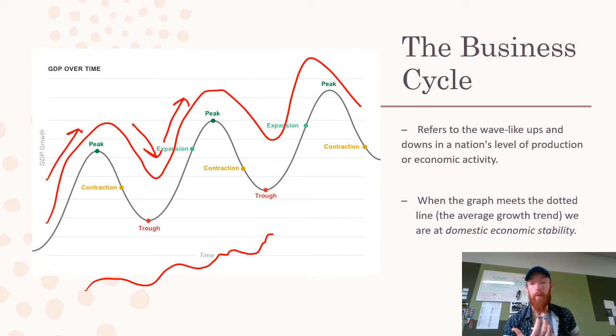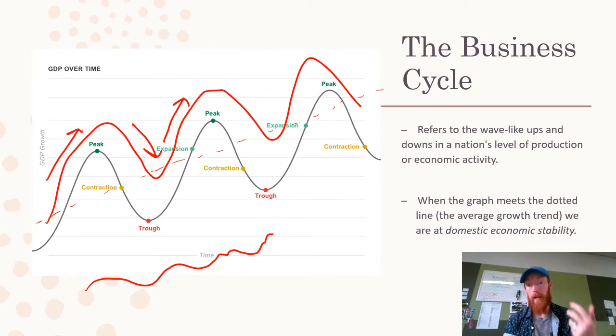Essentially, what we want from the business cycle is to see that on average over time, economic activity has been increasing. So what we want is a long-term trend line that looks something like this, where over time, on average, economic activity is increasing. And when we're achieving that and our average growth is quite good, it means we should be achieving all three domestic goals at the same time, so low inflation, economic growth, and full employment, and we refer to that as achieving domestic economic stability.